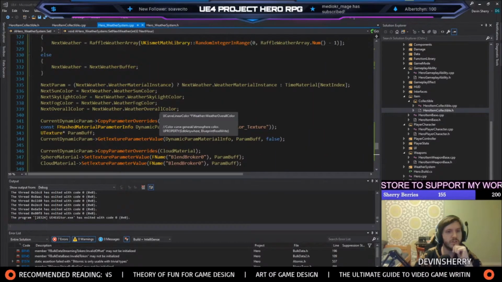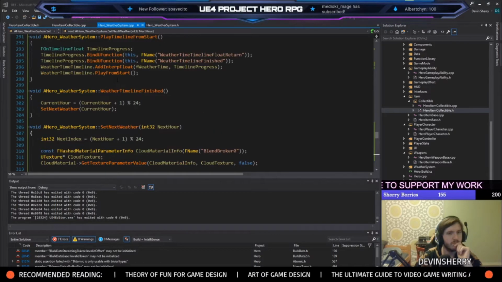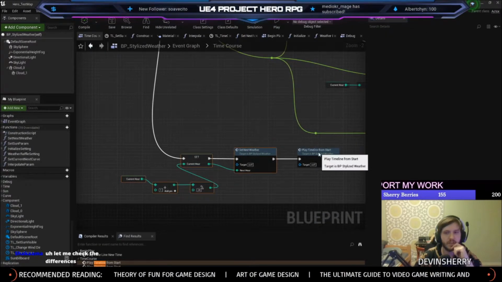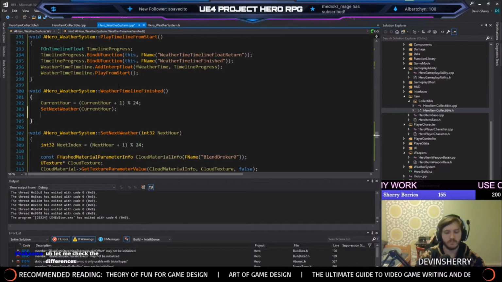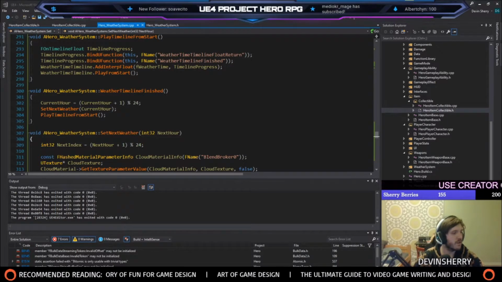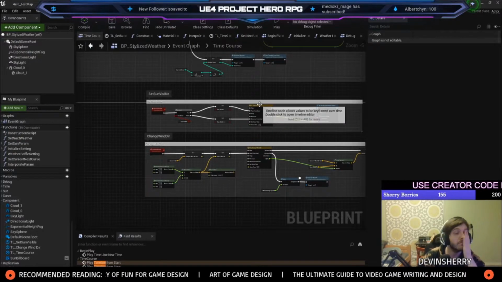So we just finished set next weather. So now we can go back to the timeline being finished. And now we can call play timeline from start. Boom. Okay. So now we can work on